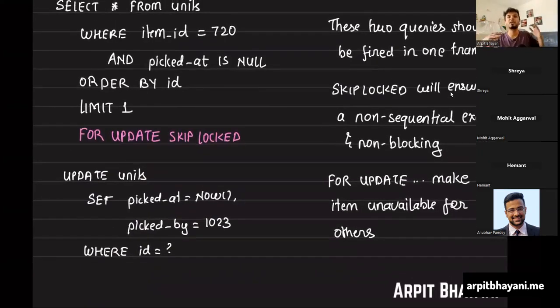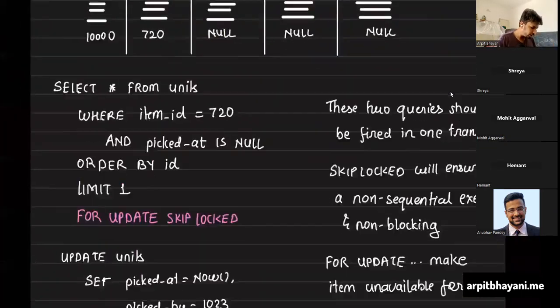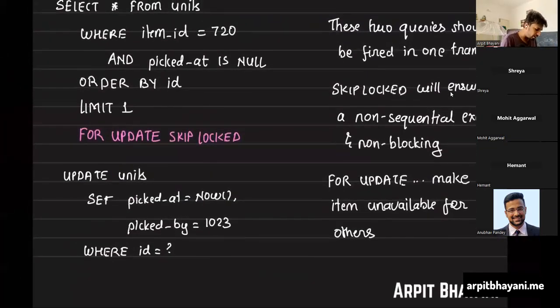This is my item. So you set picked as now by which user? Because that item needs to be by someone. Who picked it? Let's say user ID 1023. I picked this item. It is my item. Because your hand was there, exclusive lock. You picked that item at this time and you picked it up. So it's your item and you have still not made the purchase, but it's your item. Right? So these are the queries that you fire.